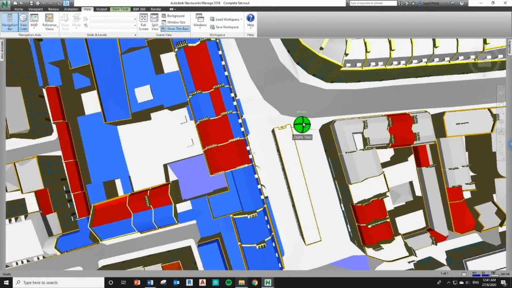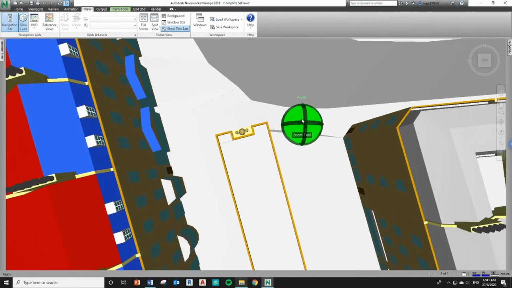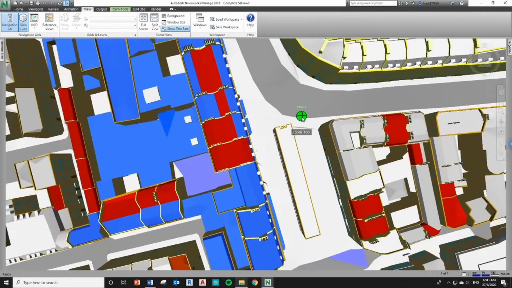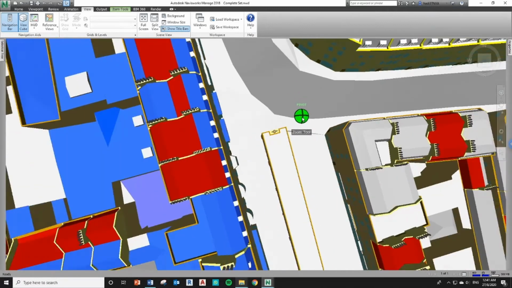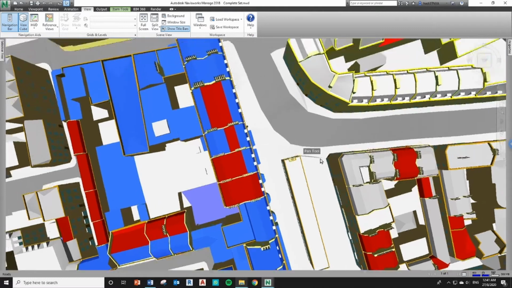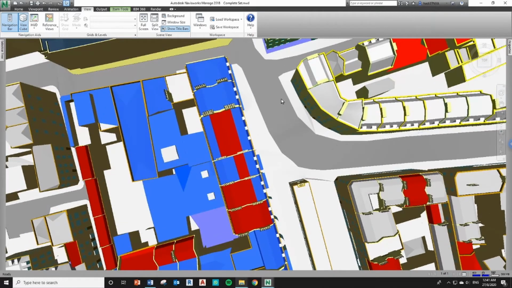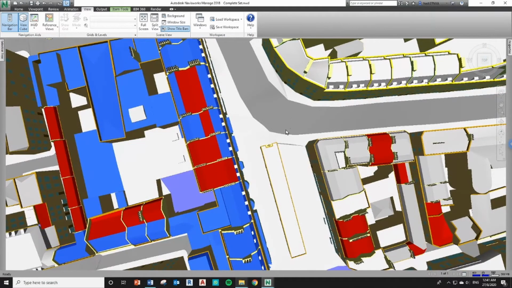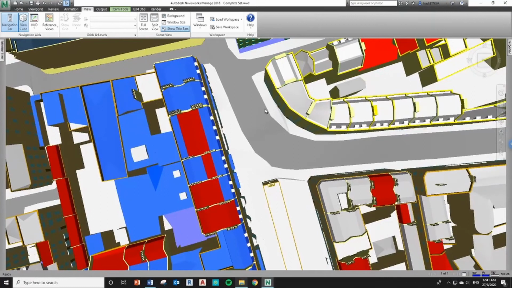Okay, as you can see, I can zoom in and zoom out using the mouse roller. But if I want to get around the city, as if I want to walk, I can't really walk. So to navigate through the city without walking, just by viewing, you can hold the shift key and